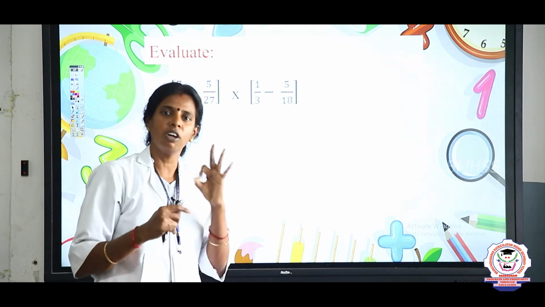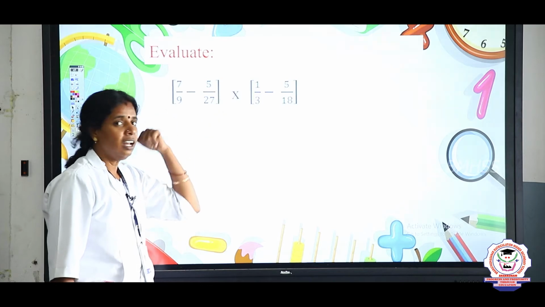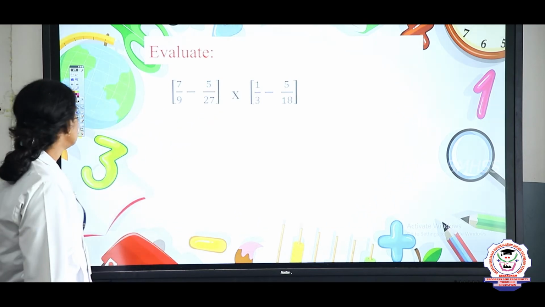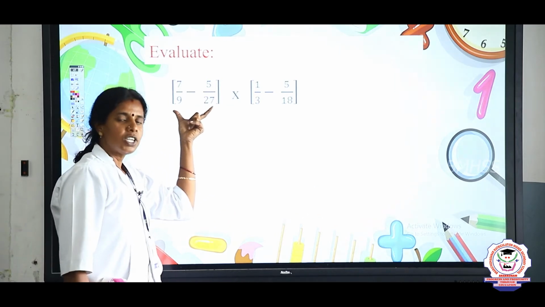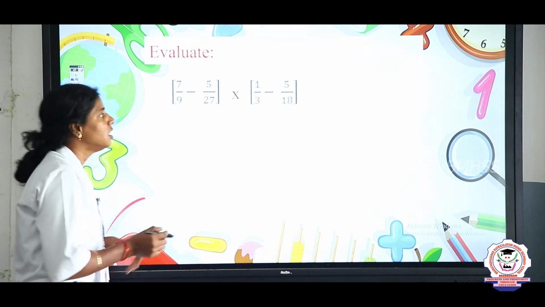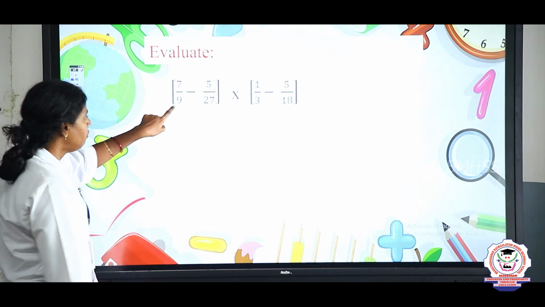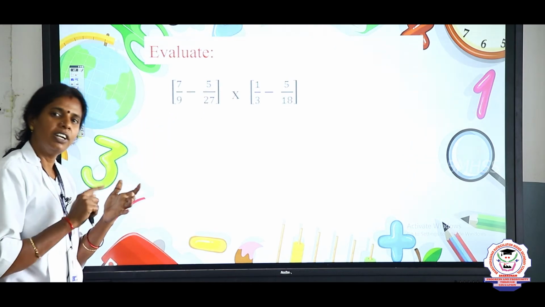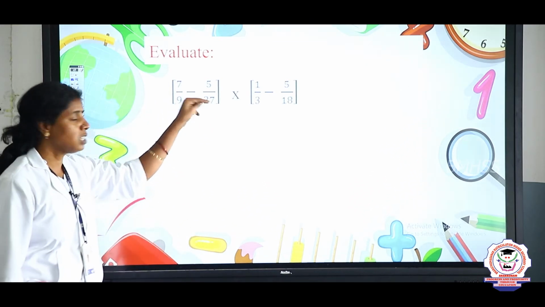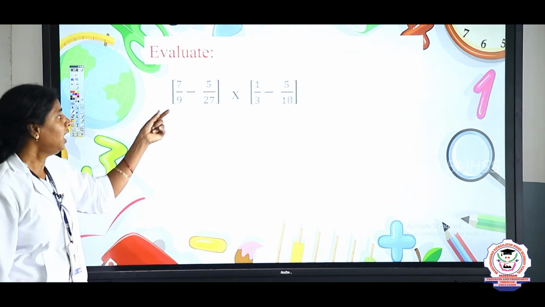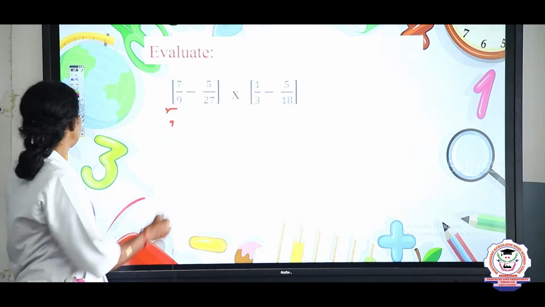The next problem to evaluate is, see, so far we have seen how to find the product of 2 fractions or 3 fractions, but in this they have given the difference as well as the product in these fractions. So, first what we are going to do is, we need to solve the fraction which is given in the bracket first, children. So, we will find the difference of these 2. If both denominators are the same, it will be easy for us to find the difference using the numerators, right? But here the denominators are 9 and 27.